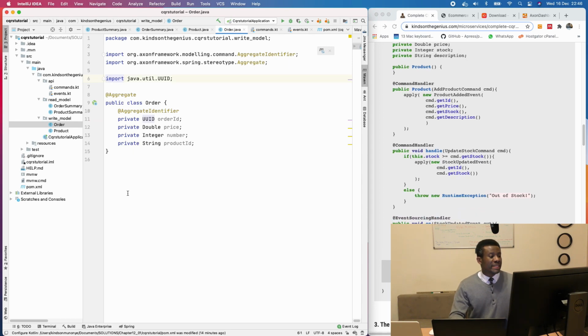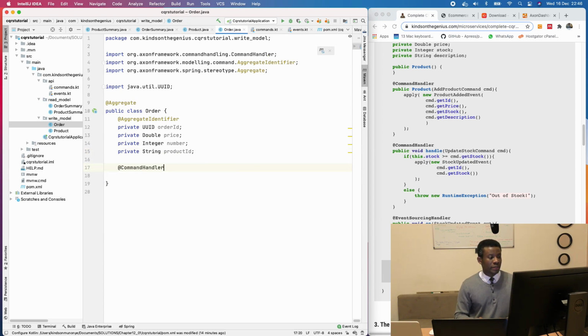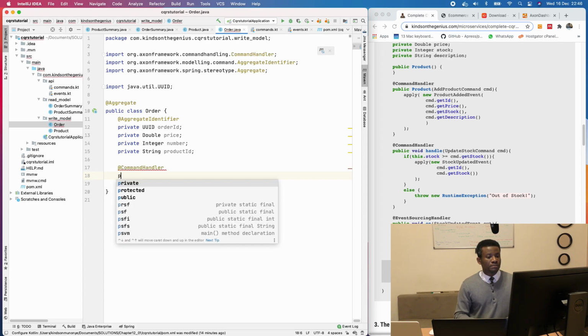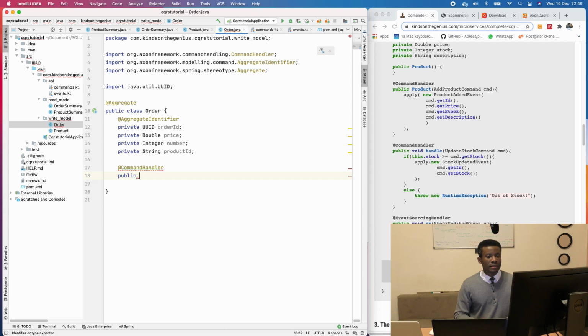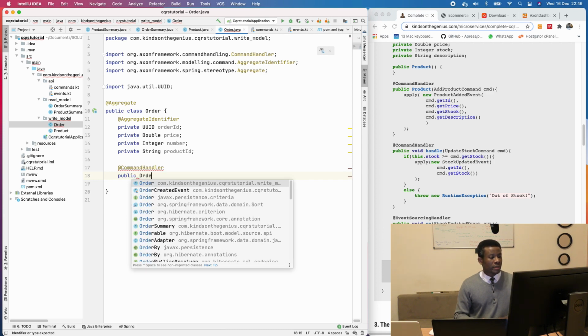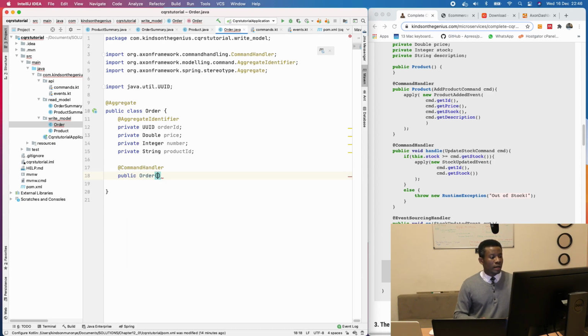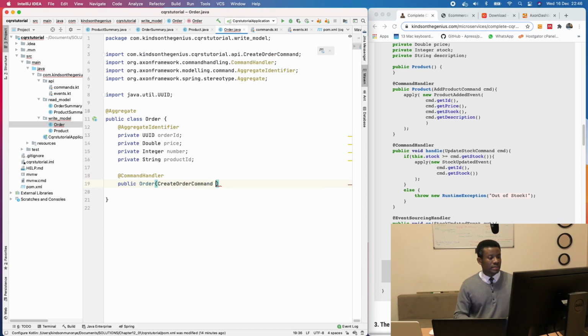All right, so we need a command for creating a new order. So I'm going to say @CommandHandler, you already know this, and it's going to be public Order, because this is the constructor this time. So I'm going to say CreateOrderCommand cmd,